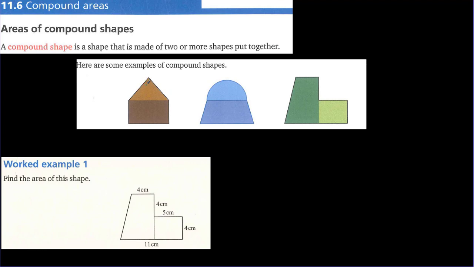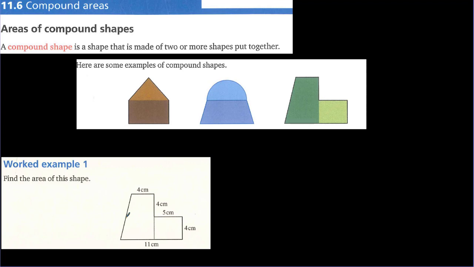In the examples, as you see, the triangle and the rectangle come together. This becomes one compound shape. A semicircle and a trapezium come together, and this is a compound shape. A right trapezium and a rectangle put together give one compound shape again. For finding the area of compound shapes, we calculate the figures one by one, get their areas, which means I'm going to find the trapezium area and the rectangle area separately, and add them at the end of the